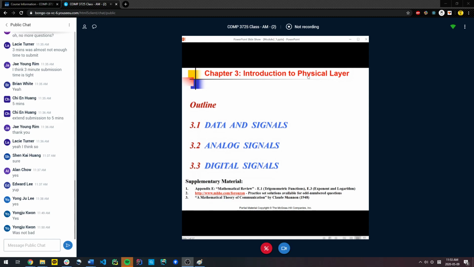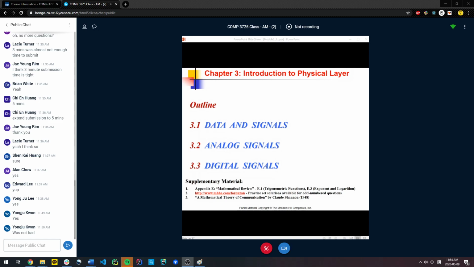Okay, you see on this particular slide, right? Again, everybody see my screen share? There are a few supplementary materials that I want you to get yourself up to speed with. There is the Appendix E from the textbook, which I've extracted as a single PDF file for you, and I've uploaded that to D2L. So if you go to D2L, and go to the content, and then go to the supplementary material, I've uploaded two articles, right? The first one is Appendix E. This you must read, okay? It will give you the necessary basis of how we want to deal with sine waves. If this is very simple for you, that's awesome.